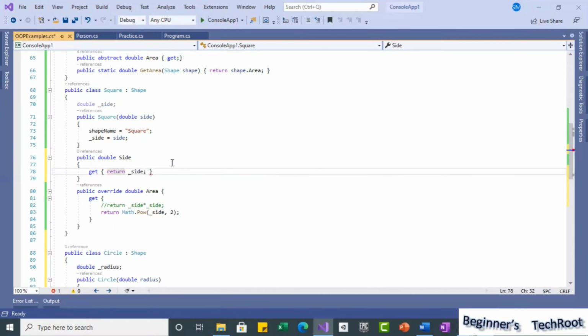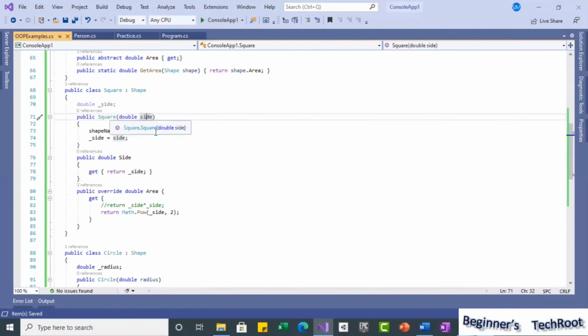So this way we can write the property. I don't want to assign here, I am doing the assigning while creating the object itself, in the constructor. To retrieve the value, I return it here as one public property. The property name is Side, the capital S you can observe. Okay, so this is what I am returning.